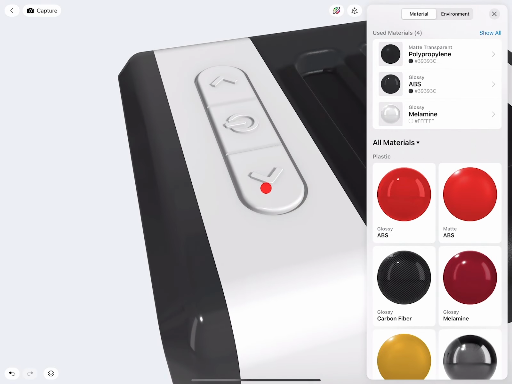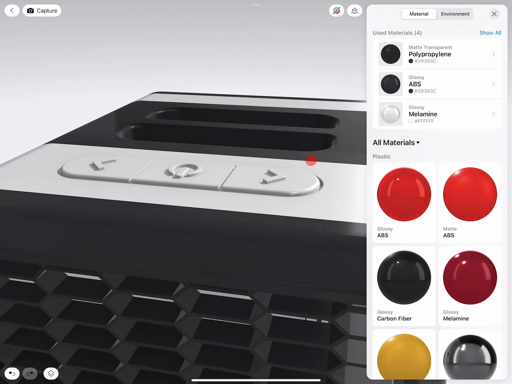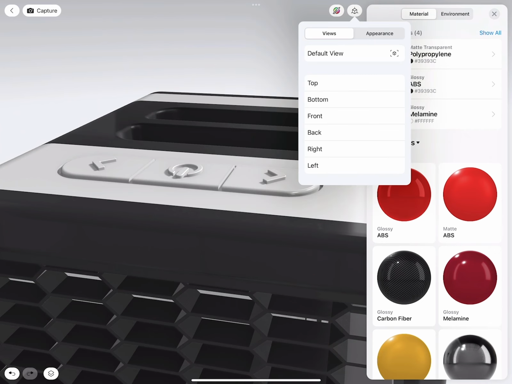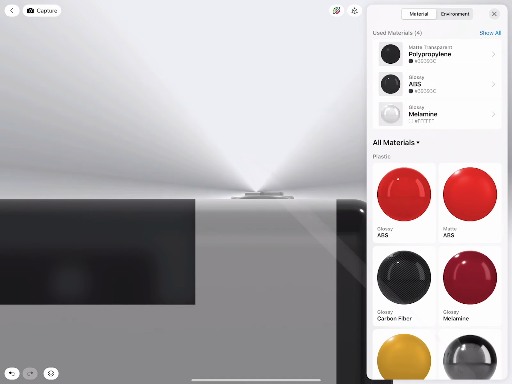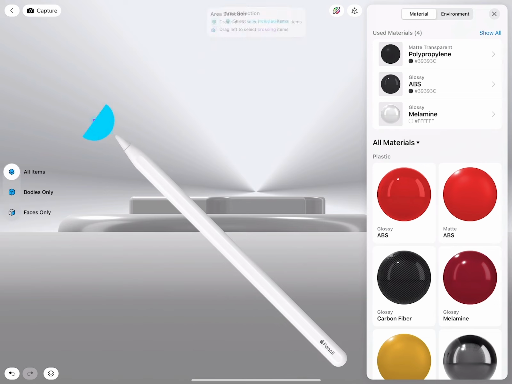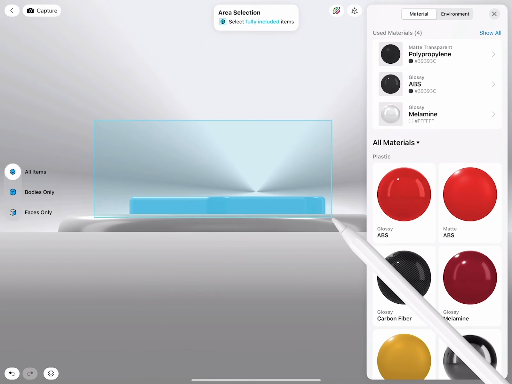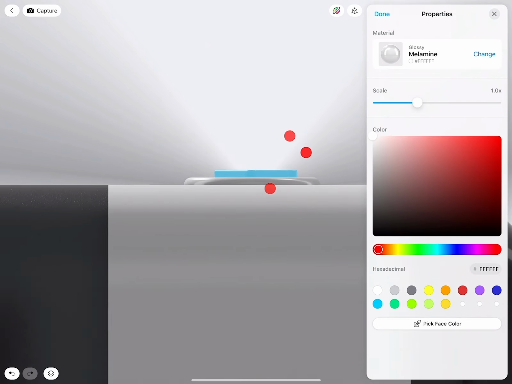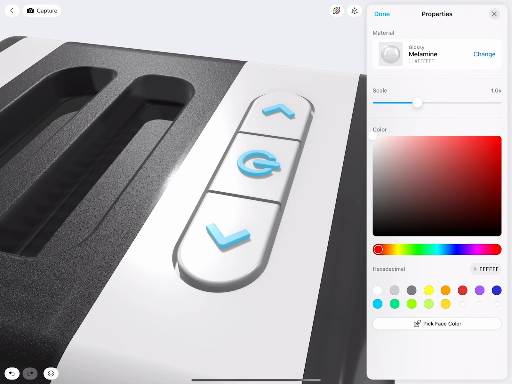We have these buttons. How do we adjust the buttons? Really quick. I go to front view. Yes, the front view is good. Then I can zoom in. And then with the pencil, I click, hold, drag, and then I go over all these faces. There. Perfect. That's really good.